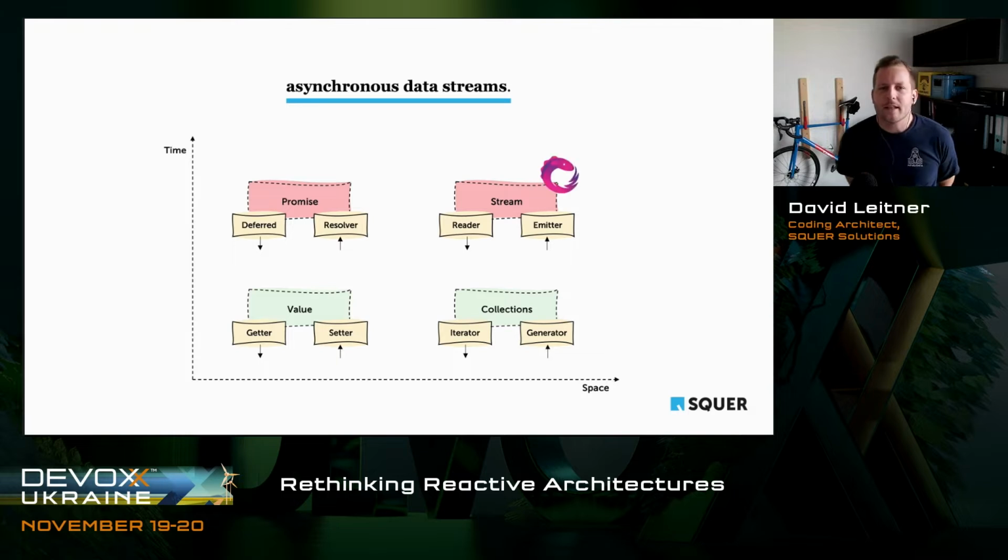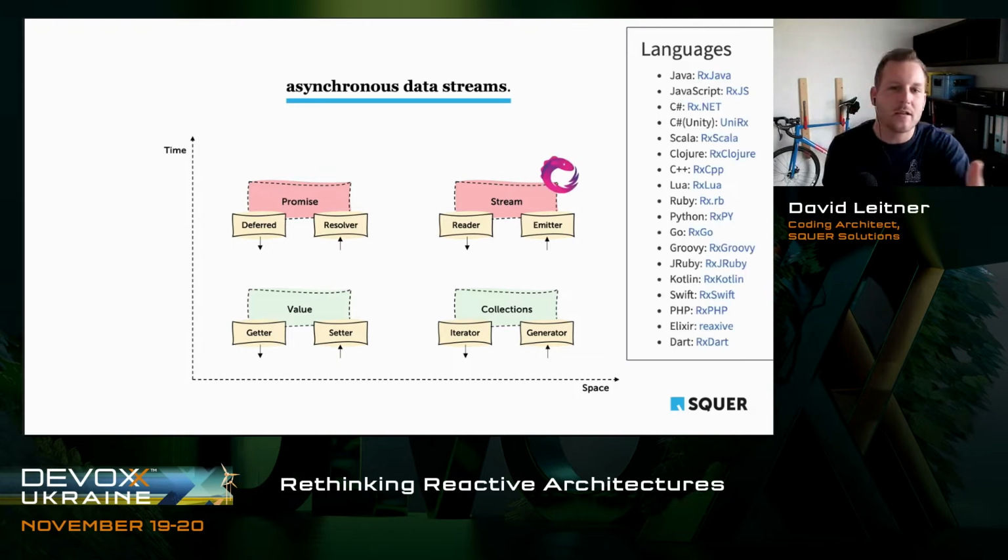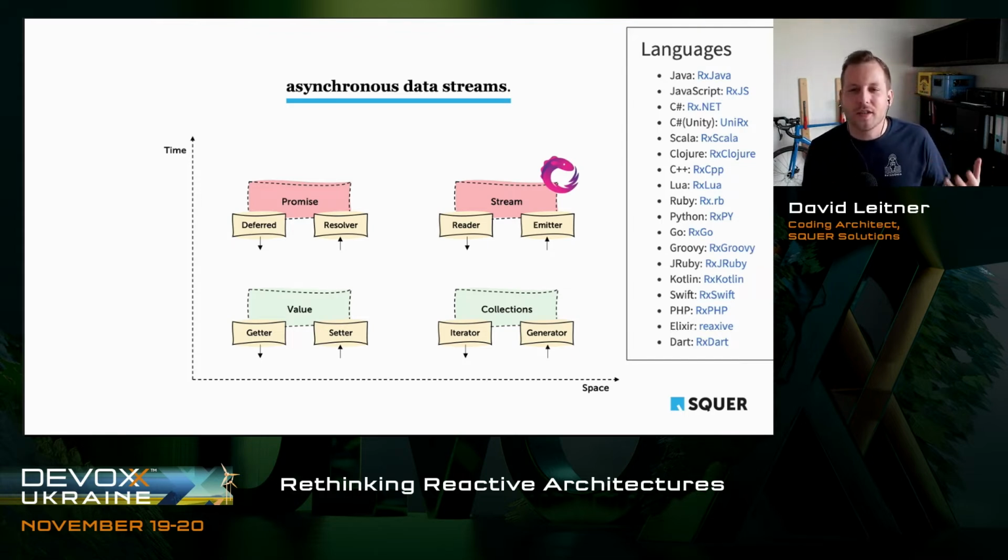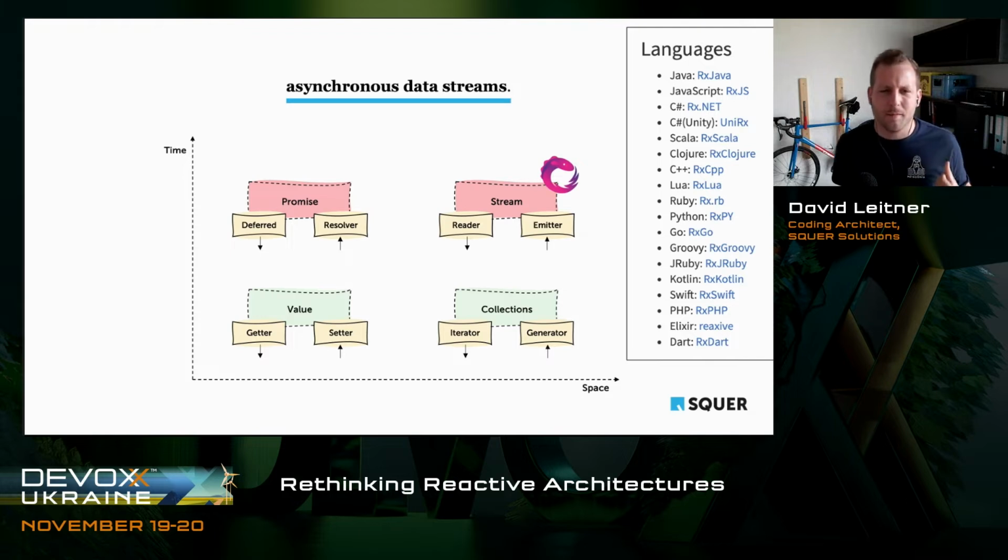But usually they were added as extensions, and one popular extension, for example, is reactive extensions, which basically bring streams to nearly all programming languages we have out there, right? And this is where this whole journey of reactivity started, and people realized, hey, programming with streams is cool. But what is so cool about it? Why do we do it, right?